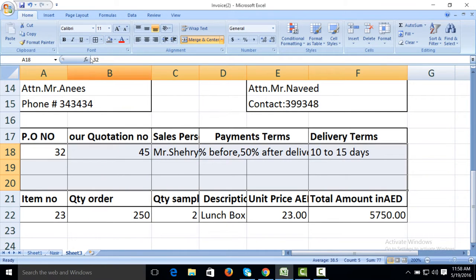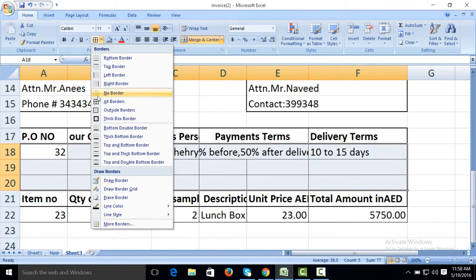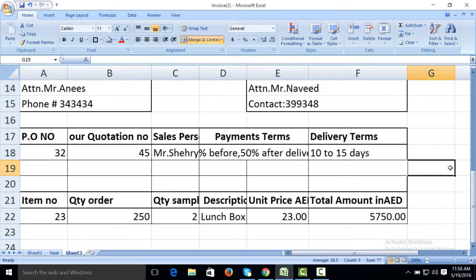All border, then thick border. You can see Control S for save.